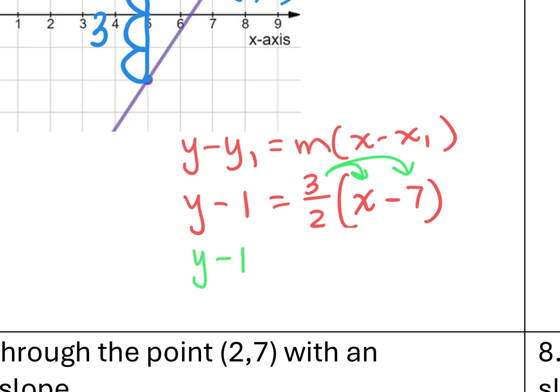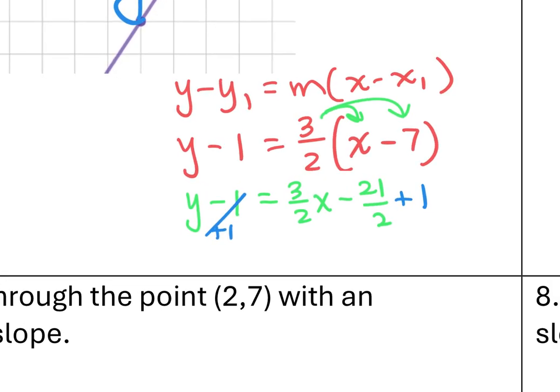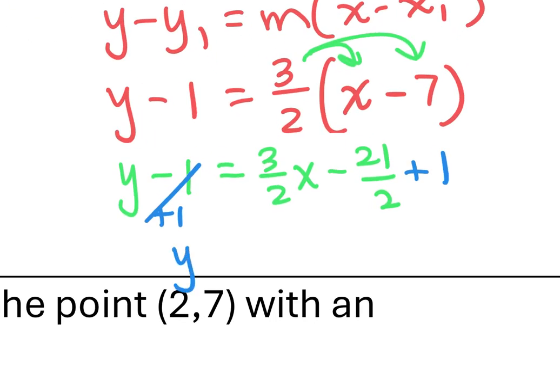So I'm going to bring down the y minus 1 equals 3/2 x minus 21/2. And then now all I would have to do to get the y by itself is add the 1 to both sides. And that's going to give me this equation in slope-intercept form. It's going to be y equals 3/2 x. And then when I do negative 21/2 plus 1,